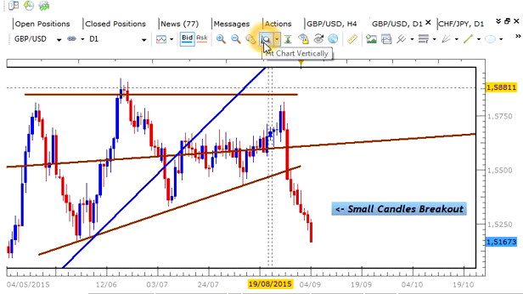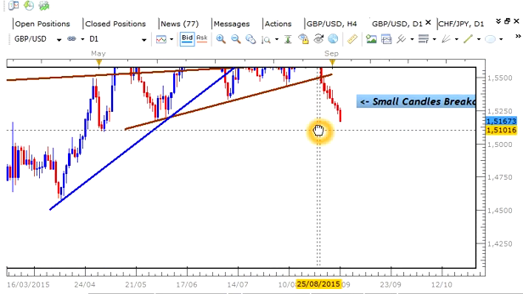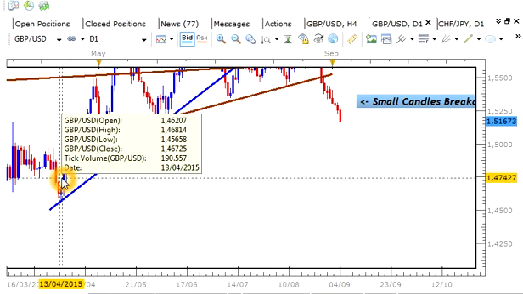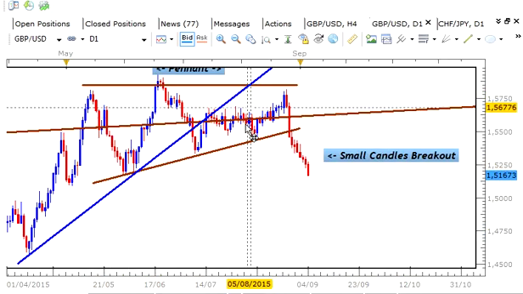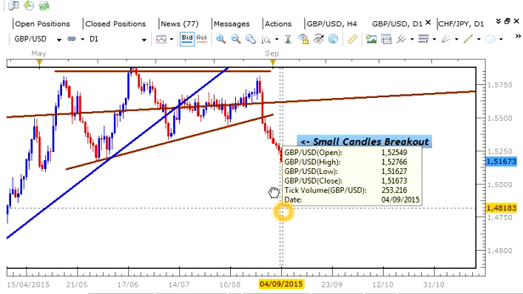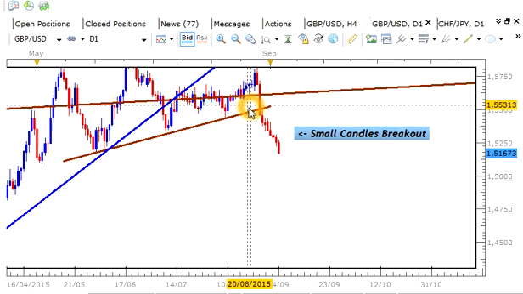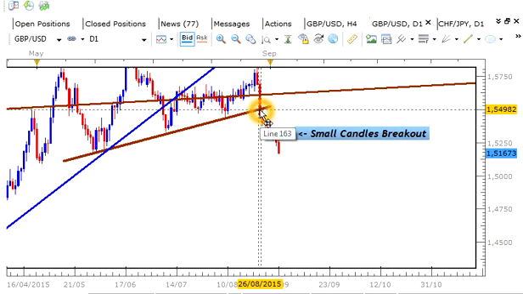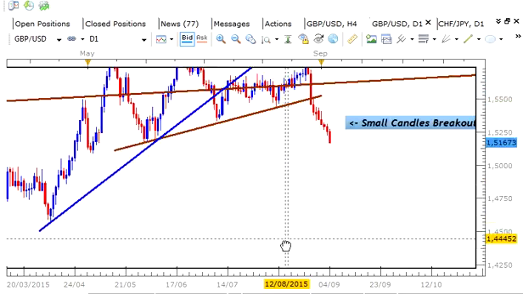So given the size of this consolidation setup that has been formed, this breakout is likely to take us all the way down to the support area here at the 145.65.8 area. So this is a very large consolidation breakout now taking place, and the larger the consolidation, the larger the breakout. So right now we're basically in the early stages of this breakout, even though we're a few hundred pips from the support boundary. It is still early days in terms of where we expect the market to head towards, given the size of